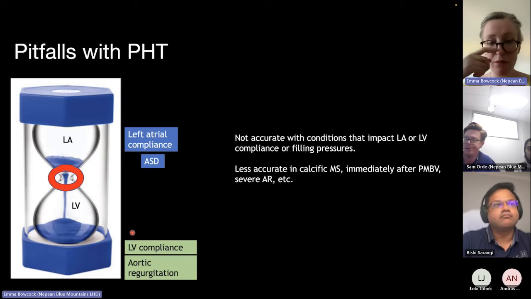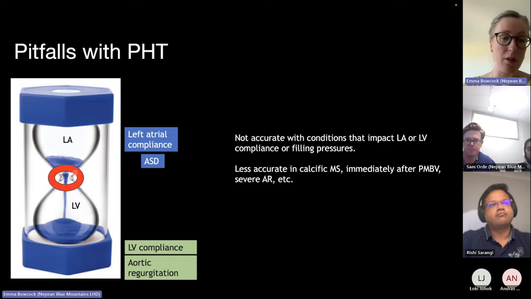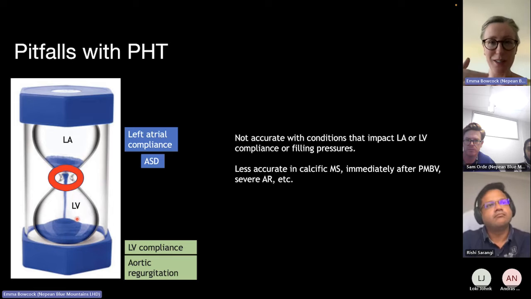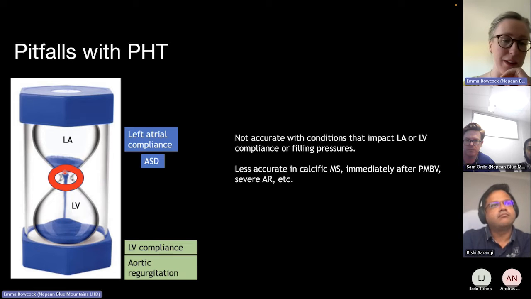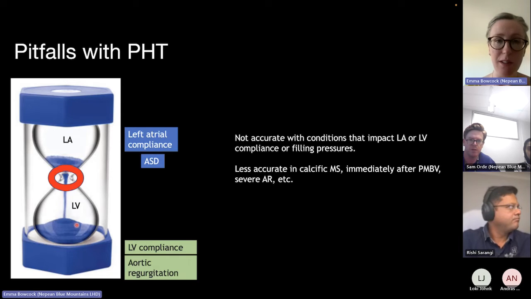Some of the pitfalls which Rishi was mentioning: imagine an egg timer, right? Or these sand egg timer things. The only thing that's determining how that sand flows from the left atrium to the left ventricle, if you like, is the size of this orifice. But obviously the heart is not like that. So